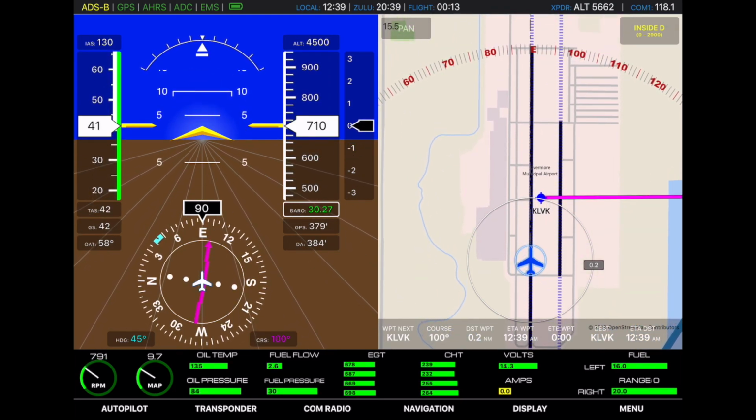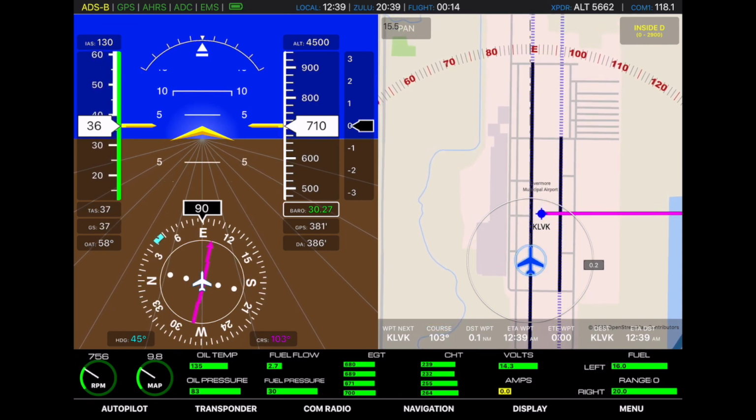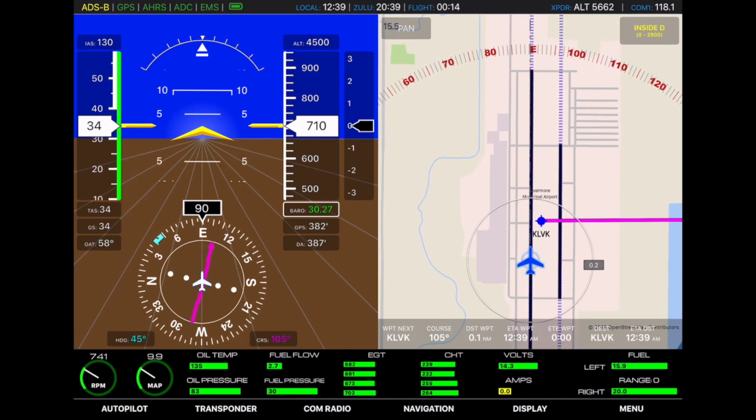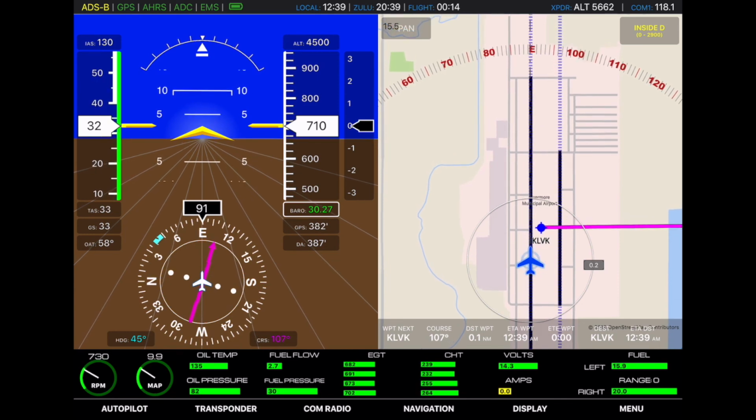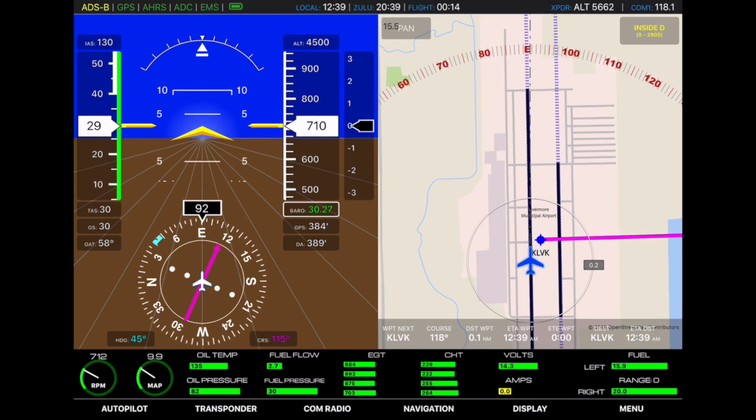Not the prettiest landing, but not too bad. And there we go. We have repositioned an aircraft from Reed Hillview to Livermore in a fairly short period of time using the new